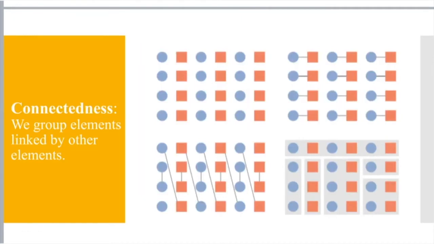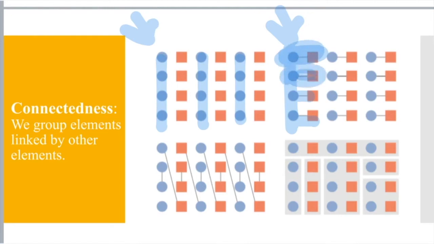Second to last Gestalt principle is connectedness, right? We group elements linked by other elements. If they are touching, they are grouped, right? So looking at this example, the top right, we're probably going to group these because of similarity, right? But now, if you're looking at this one, all of a sudden they're touching, and we say, okay, these are all groups, right? Even though our blue dots are still the similar dots, that's not the grouping that we